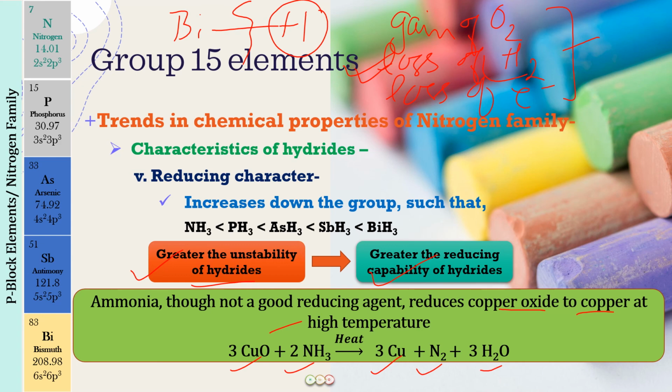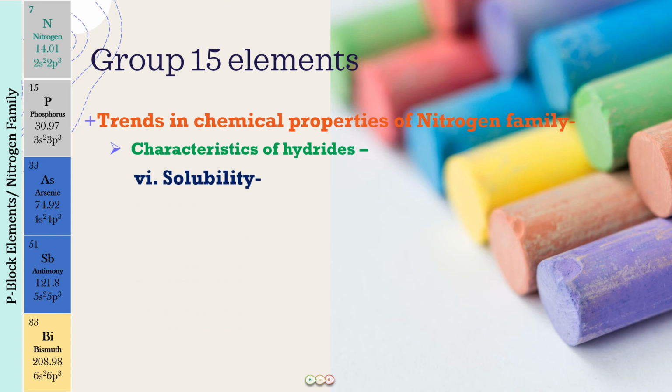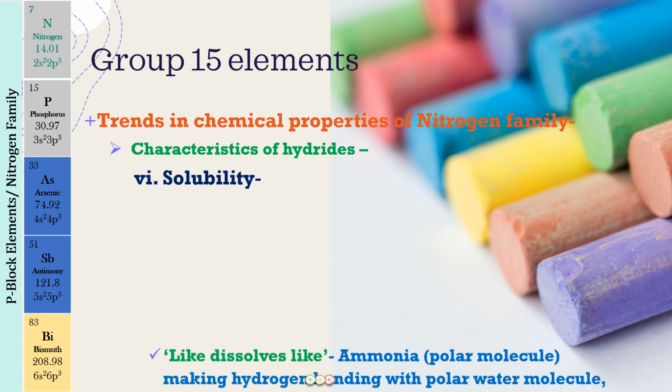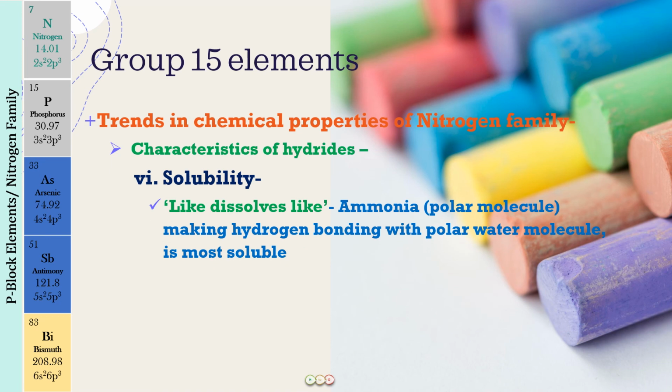Okay, so I hope you will remember this very important thing. So the next we have is solubility now. So solubility, you all know that like dissolves like. So water is a polar covalent molecule and ammonia is also a polar covalent molecule. Therefore, they both can make hydrogen bonding well with each other, and hence ammonia is going to be the maximum